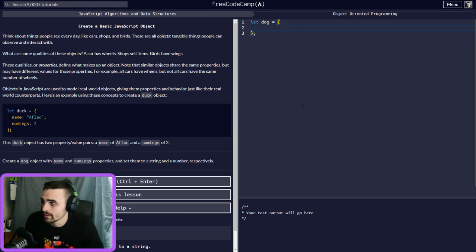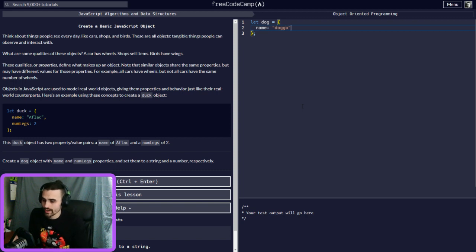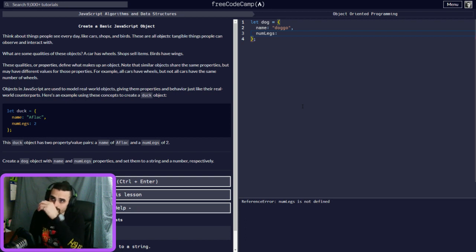So it wants us to put our name, right? The name of the dog, which would be doggo. Alright, and then we put a comma because we're gonna make another value. And then num legs, right? And this is gonna have 4, right?